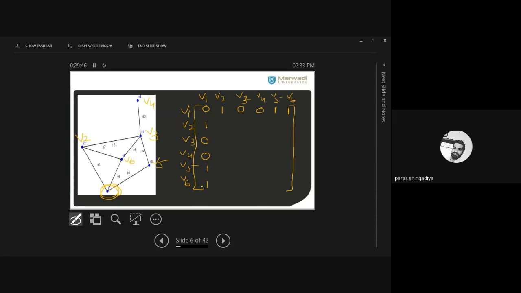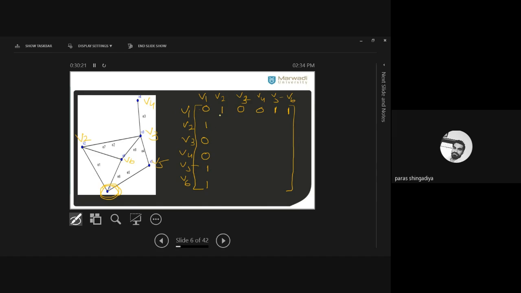Okay. What is the meaning of adjacent? There should be a common edge between V1 and V2. Okay, the common edge is only V1 here. Looking at V1 and V2, you can see there is a common edge. Similarly, looking at V2 and V3, there is a common edge V2. Okay? It means both are connected by the same edge. Here, nothing is connected by the same edge. Okay. So that is now for the second row.